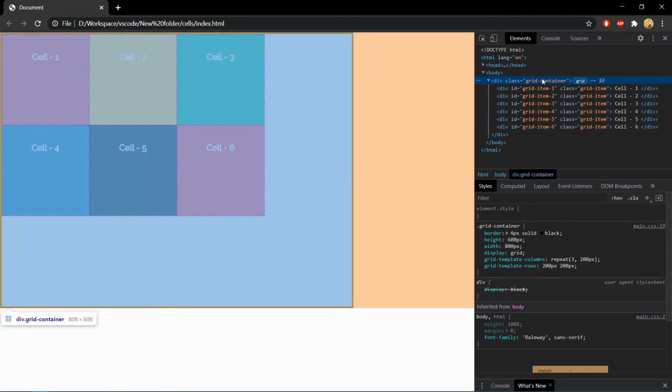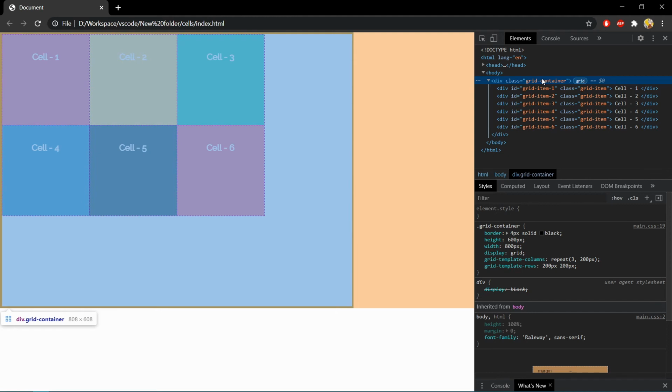As we can see in this example, we have a grid container whose height is 600 pixel and width is 800 pixel, and we have defined 3 columns having width 200 pixel and 2 rows having height 200 pixel. That means we have 200 pixel area left in grid container both when we compare to height and width.